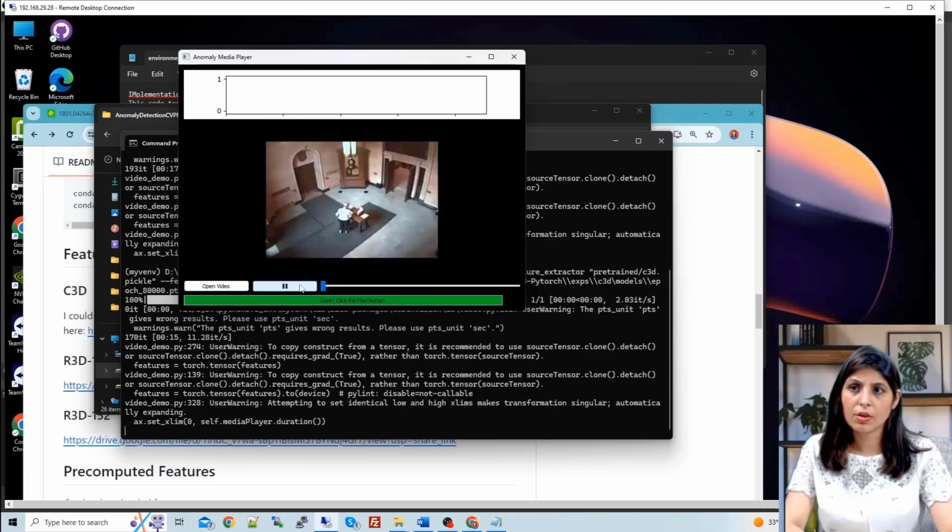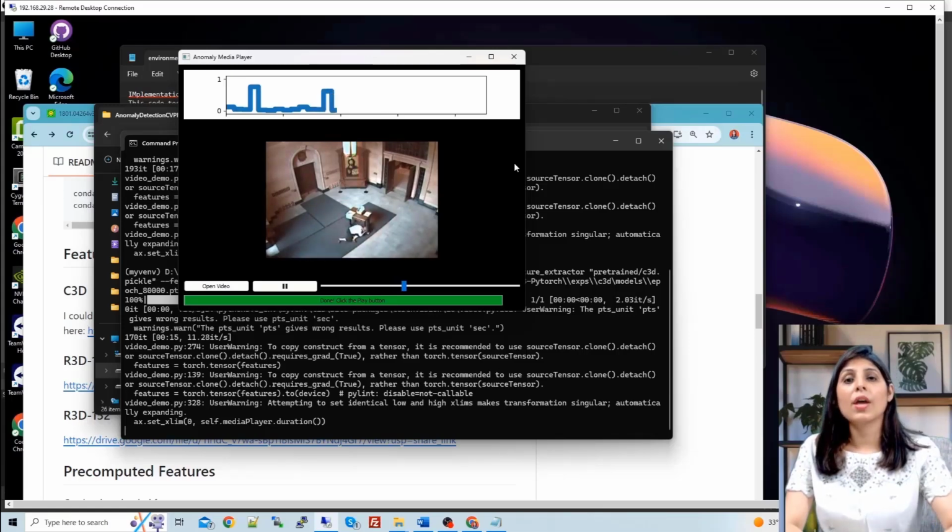Click on the play button. This is the video. Right now you can see here the graph is on the downward side, because this looks like normal. Now this person hit the other person. See the graph now, it is going upwards, meaning if you see this blue line going upwards, that means something anomalous is happening, and if it is on the lower side, on the 0 side, that means it is a normal video. Right now it's normal, and now let's see when the other person will come and hit this person. At that time, just see the graph, see, right?